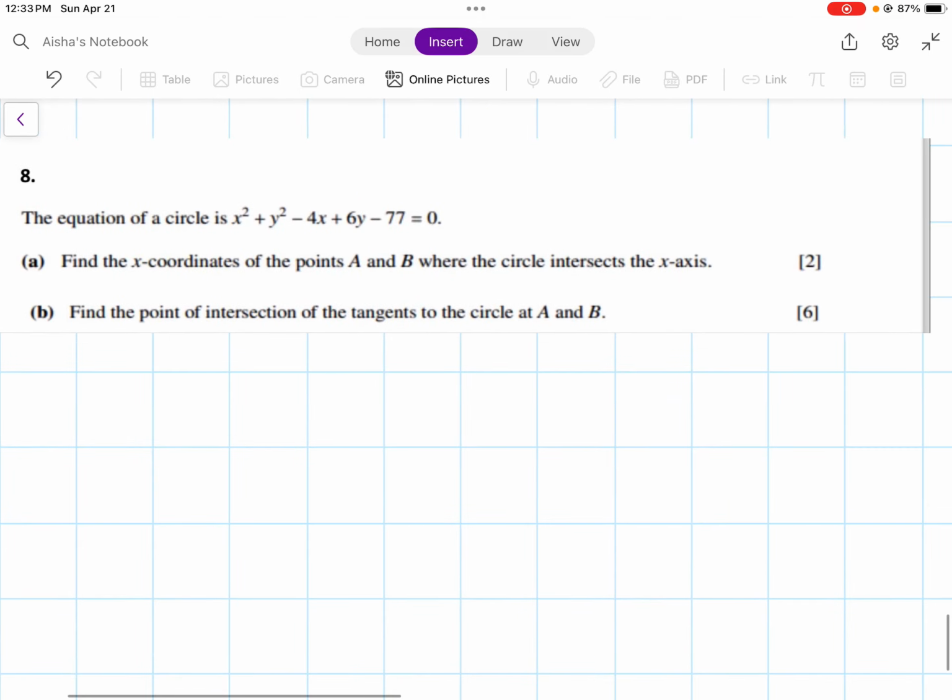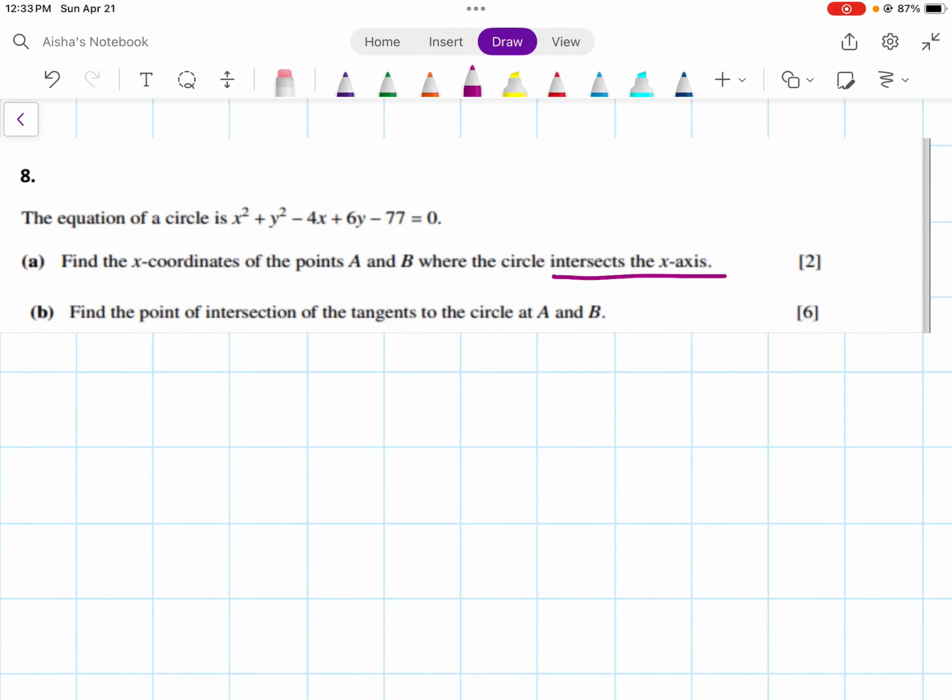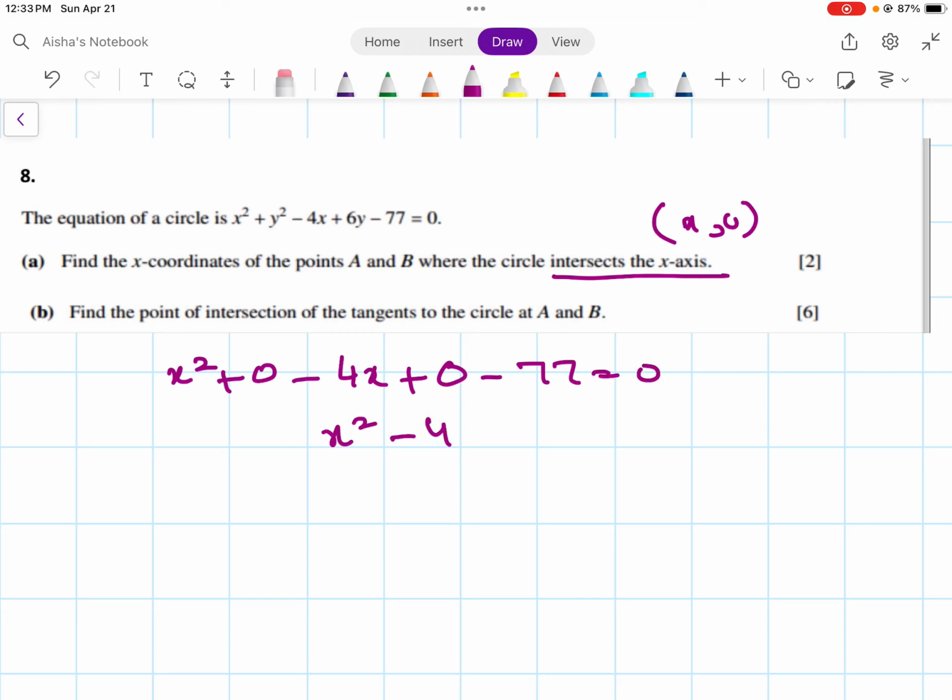Now, let's look at the next question. Where the circle intersects the x-axis. X-axis means x comma 0. Put the value of y as 0. When you solve this,